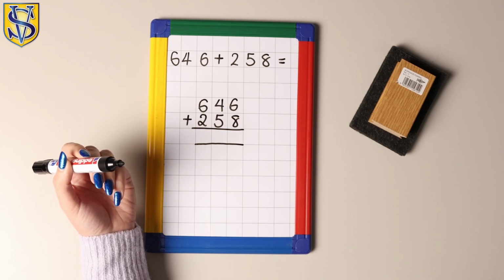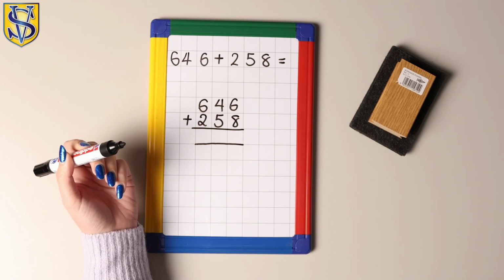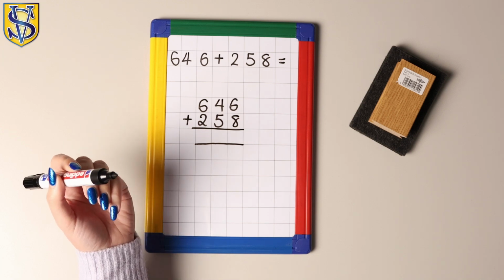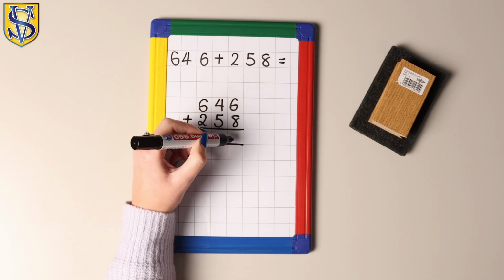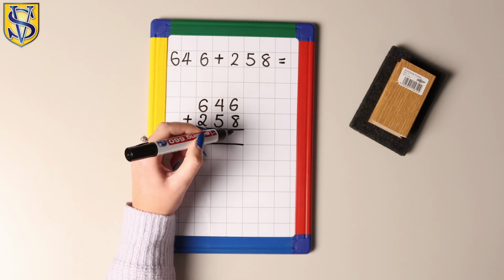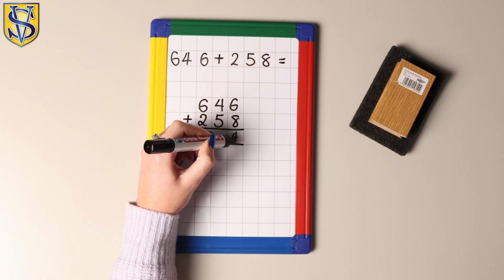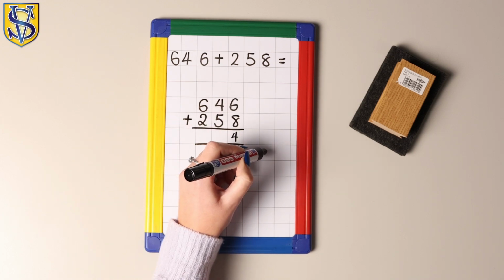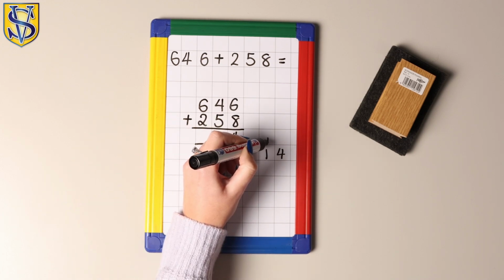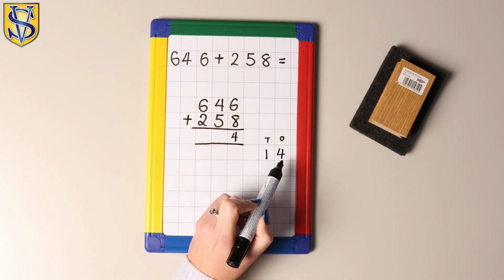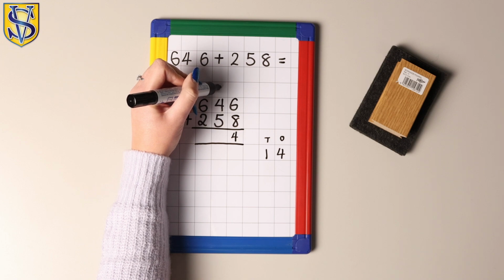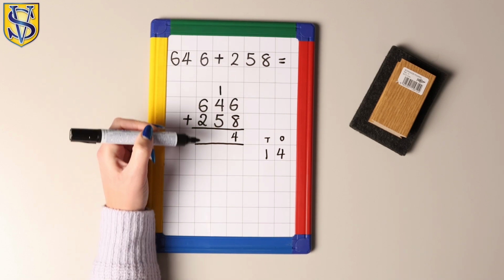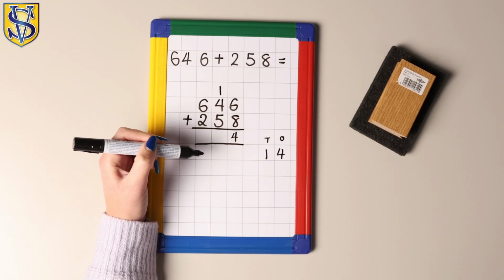Now in this case, 6 add 8 is in fact 14. So the ones column is going to have the 4, the ones from 14. If it's easier, you can put them here and you can just check tens and ones. So the ones goes over here and the tens is going to be carried across. Now I'm going to put it at the top because that way I don't get confused and forget to add it.